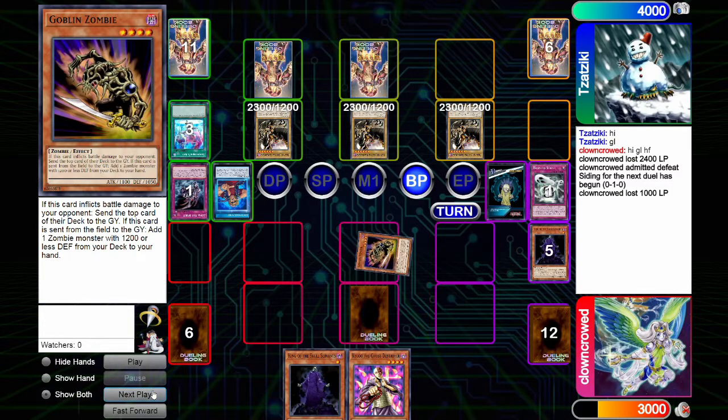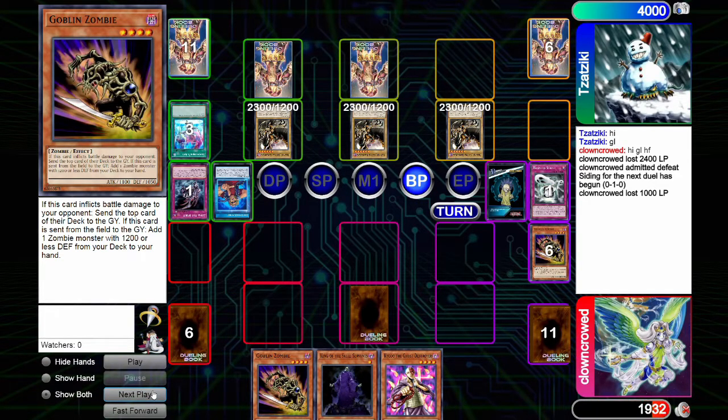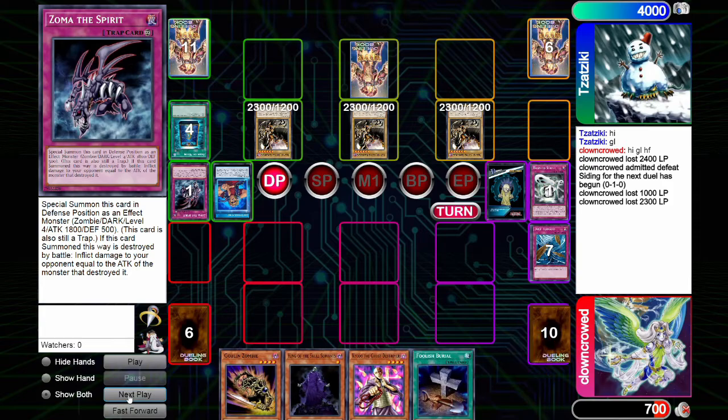They attack into the Goblin Zombie, to which the Goblin Zombie then adds another Goblin Zombie to hand. And then the opponent goes out of the 2300. Dust Tornado is activated on end phase, popping the set Book of Moon, and then the opponent draws for turn,